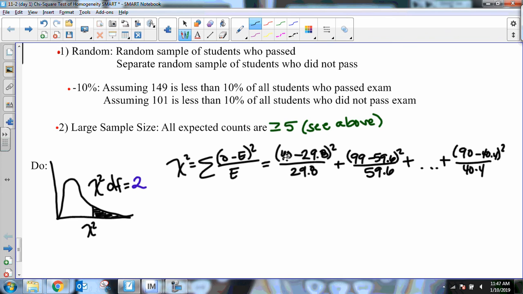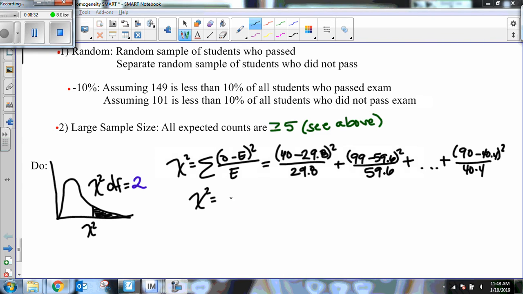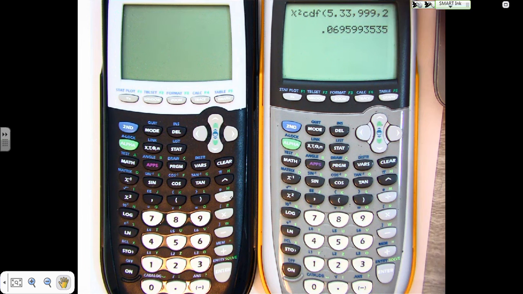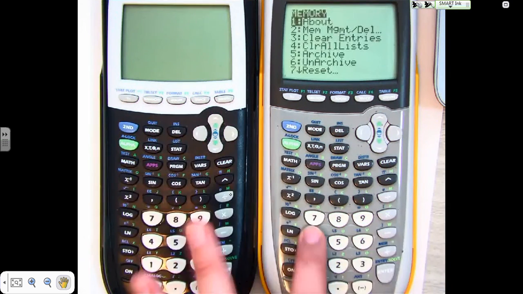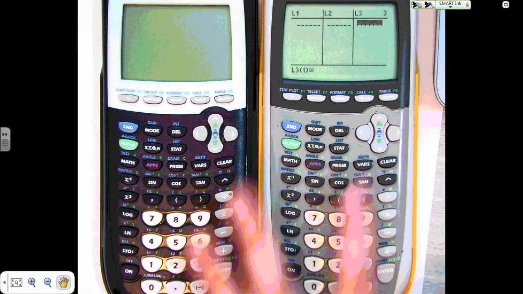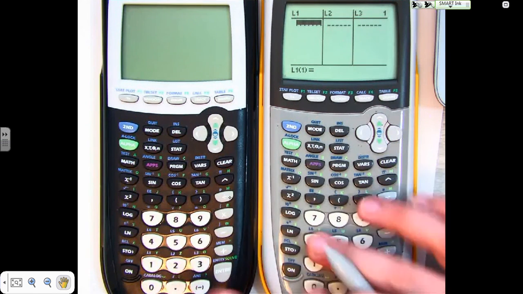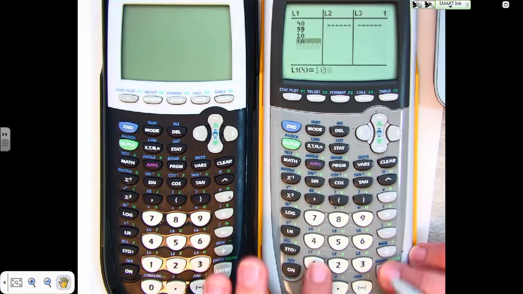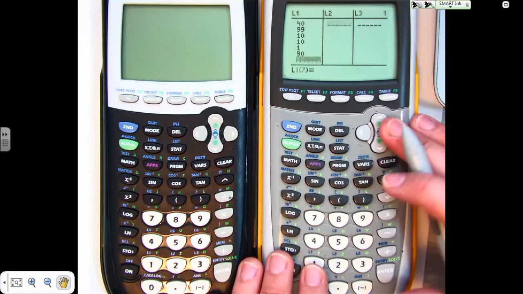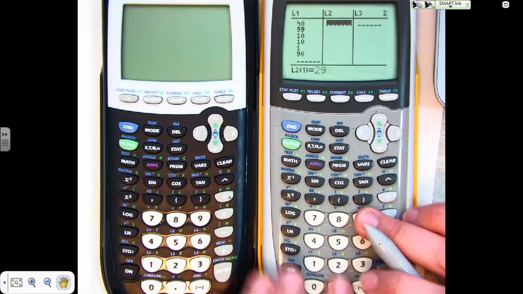So if you put all of the observed in list 1, all of the expected in list 2, and you make list 3 do the calculations for you, if you did that in your calculator, which I actually realized I did not do this ahead of time in the calculator, so I might as well show you guys what to do. So these are actually from my last problem, so I'm going to clear all those lists out, and I'm actually going to just do it after all. So 40, 99, 10, those are all the people that passed, and then 10, 1, 90, those are the people that did not pass. I'm going to put in my expected 29.8,